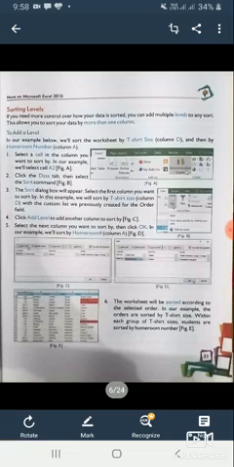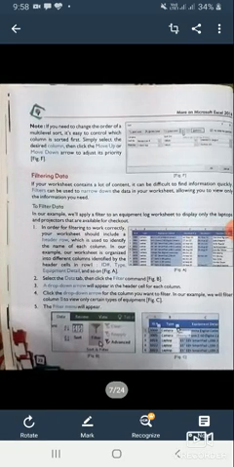This allows you to sort data by more than one column. Sorting just means arranging your data according to your need, like from A to Z or Z to A, in alphabetical order, and numeric order also.